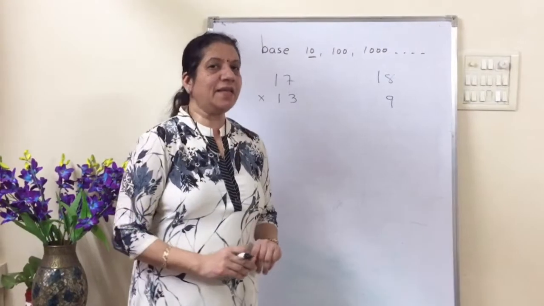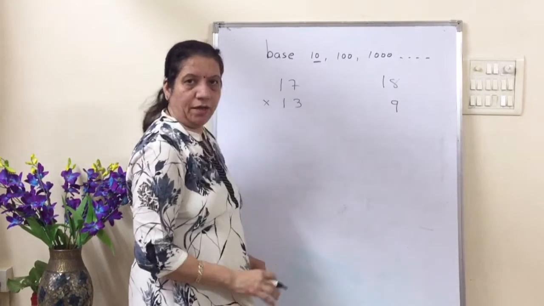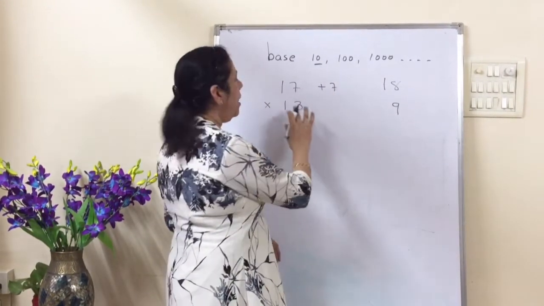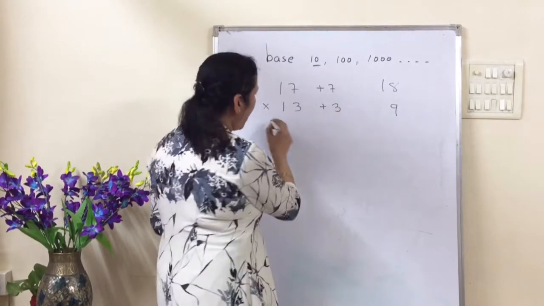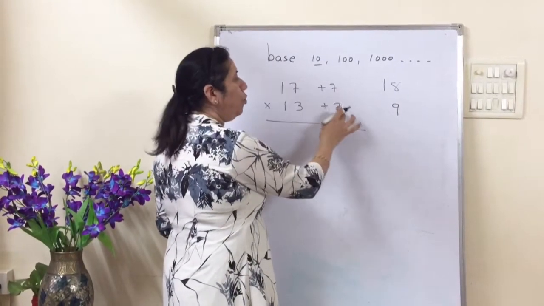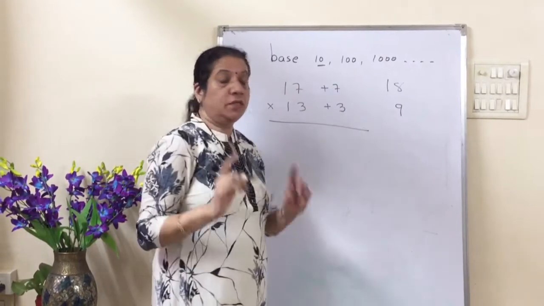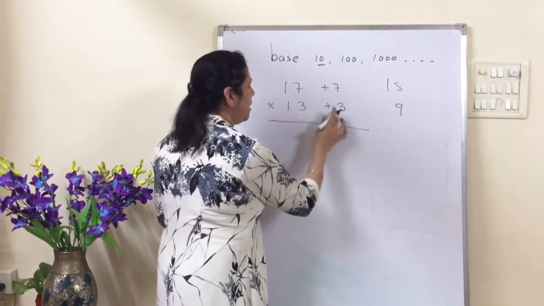Okay, let us take some other examples. So 17 into 13, as we have done, this is greater by 7. Okay, and this 13 is greater than 10 by 3. Now see, as I said, if you do the cross addition, 17 plus 3 or 13 plus 7, you will always get the same answer, and that is equal to 20.